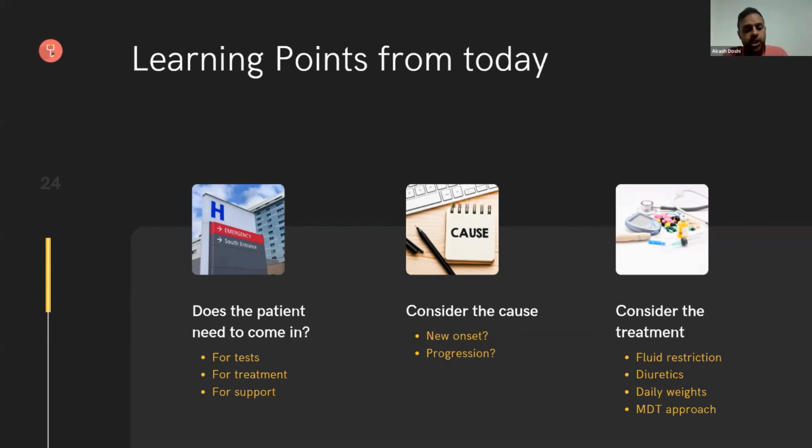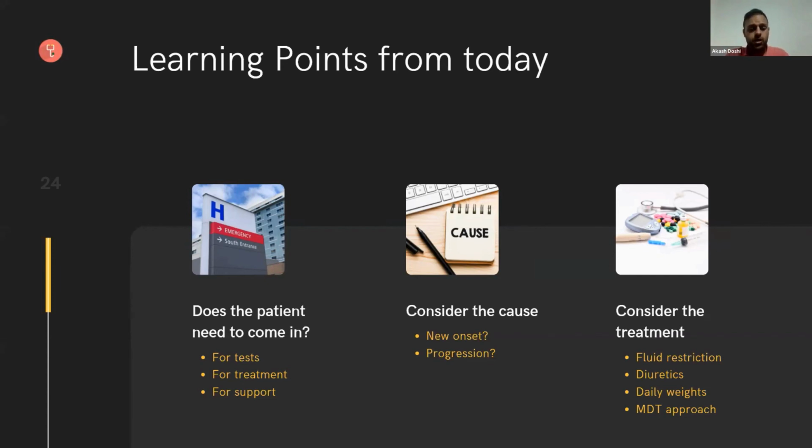You'll need to adjust their diuretics. Basically you will need to increase them until we can reach a point where, on those daily weights, the weight is going down by about 0.5 kilos, but also the patient is describing that they do feel that the diuretics are working. And then the last thing we need to do is consider a